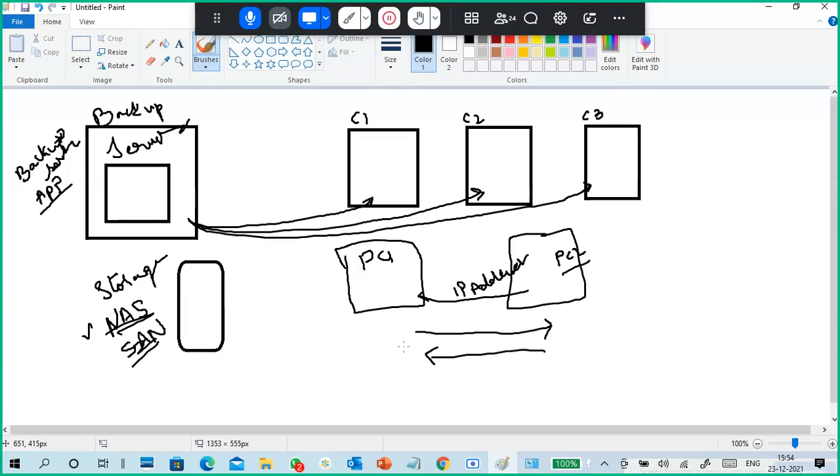If I don't share the screen, you can't see my screen, right? If it is sent, then only you will receive. You can't take it directly.